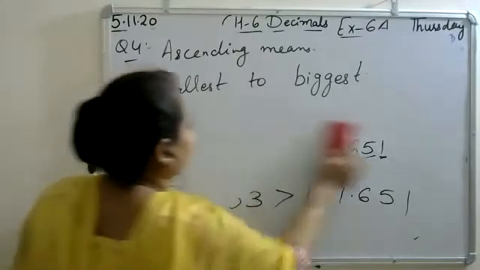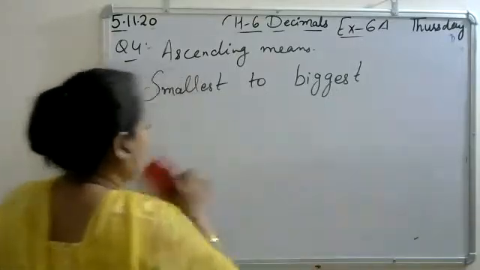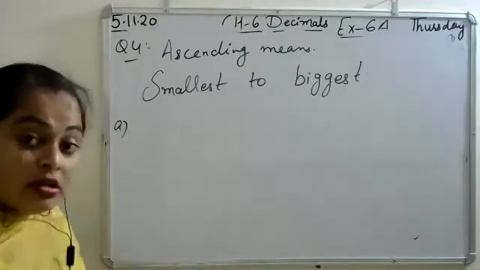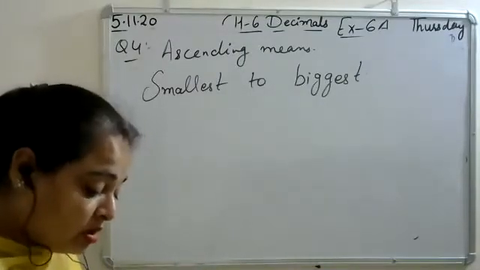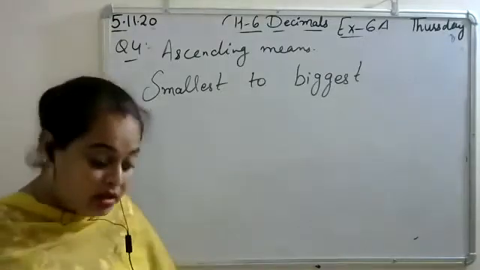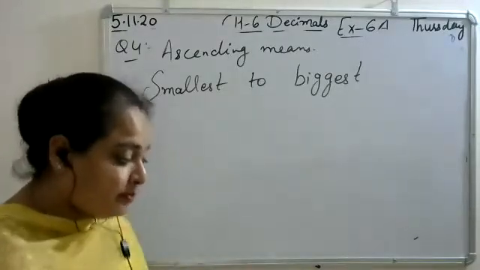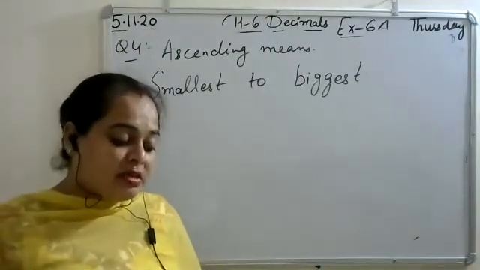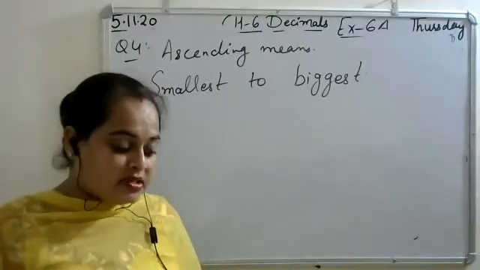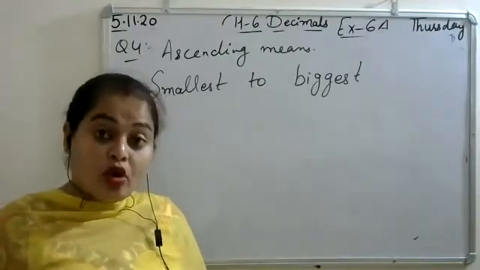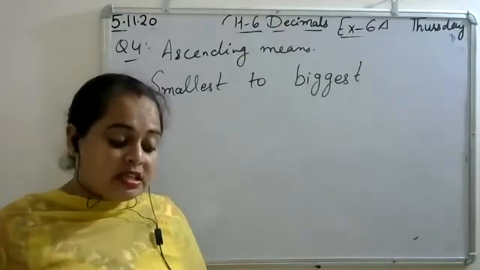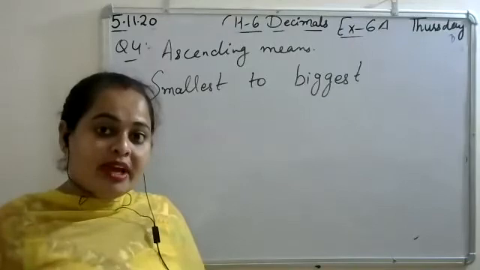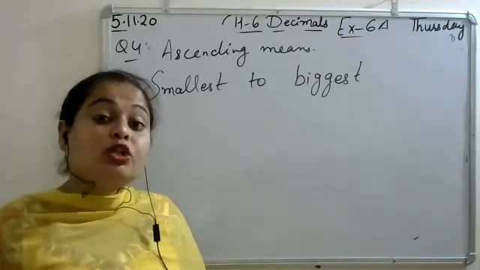So let's start the fifth question, A part. Arrange in ascending order. Check A part from your book. I will write the solution only here. The question is given in the book. First is 4 decimal 926. Second is 18 decimal 324. Third is 18 decimal 428. Next is 18 decimal 528. And the last is 18 decimal 234.